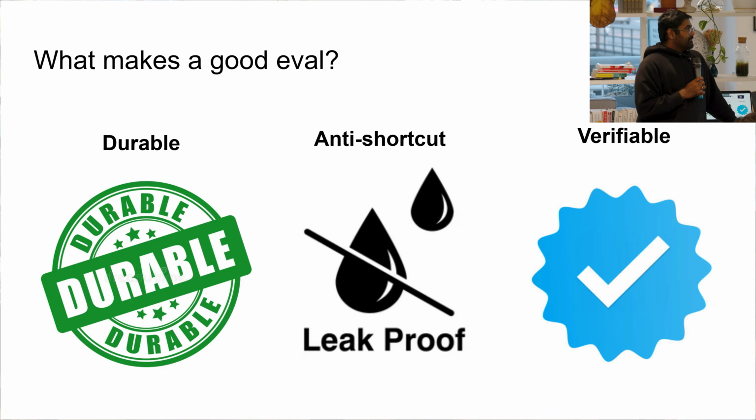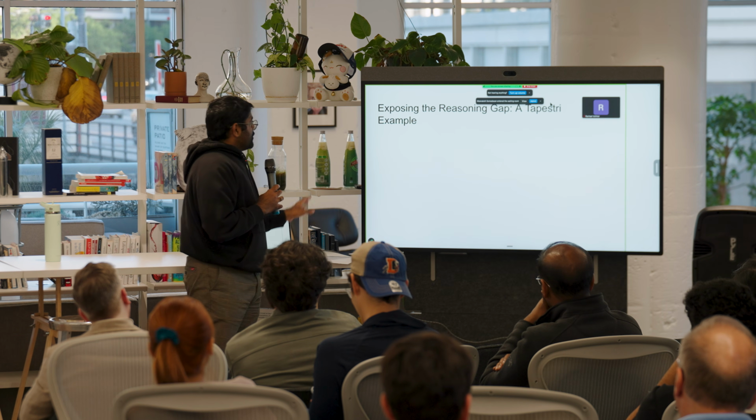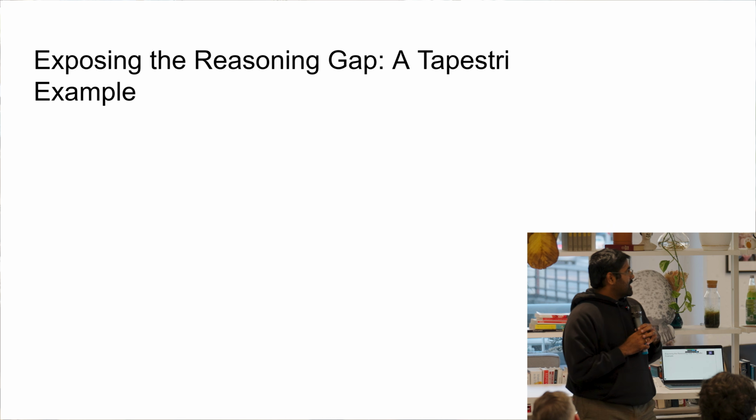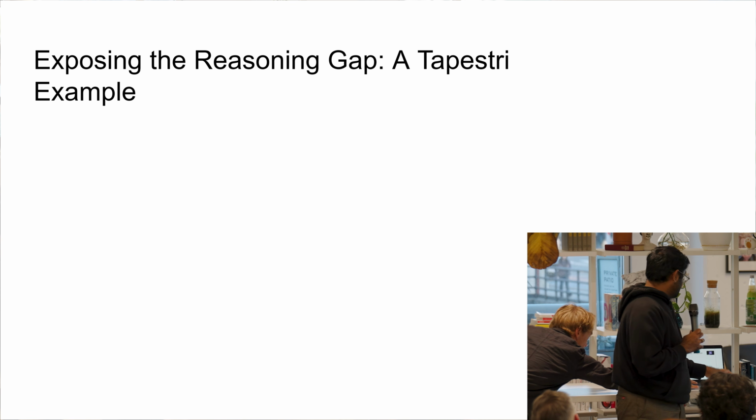So now, I've summarized a lot of these statistics before, but I'd like to take a deep plunge into a couple of these evals that we thought were very interesting, and present to you where the model differed from the actual ground truth itself. The first one I would like to start with is Tapestry, which is a single-cell DNA kit, and I would like to expose the reasoning gap. I'll briefly describe what the eval does, and then from there, let's see what the ground truth looks like.